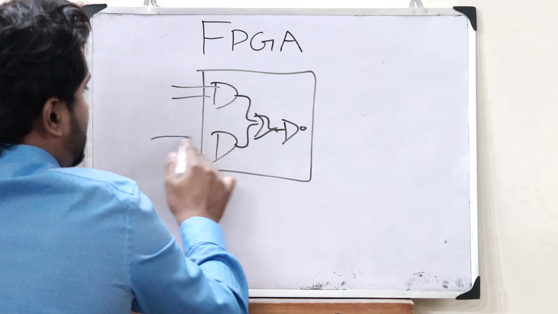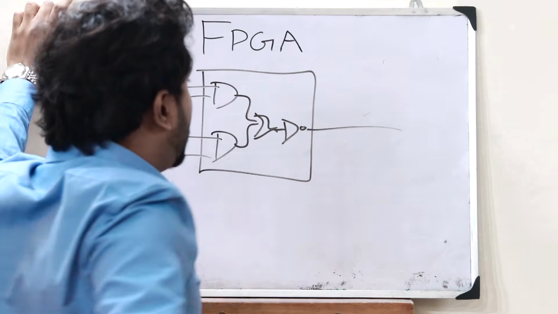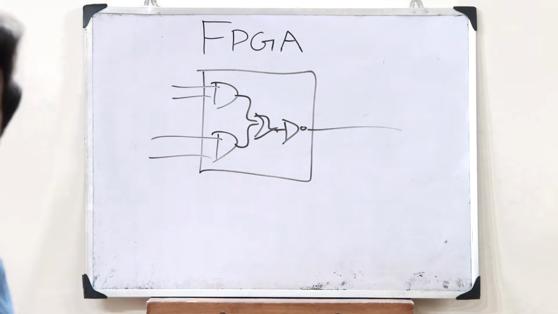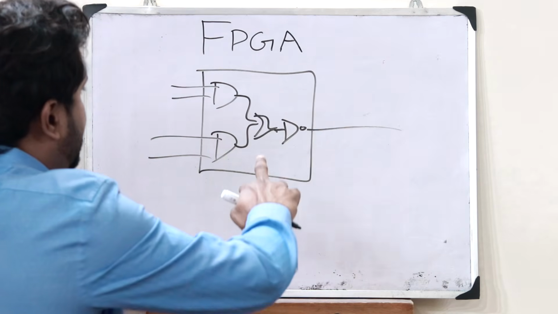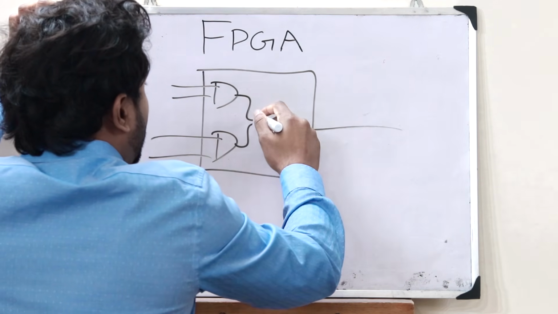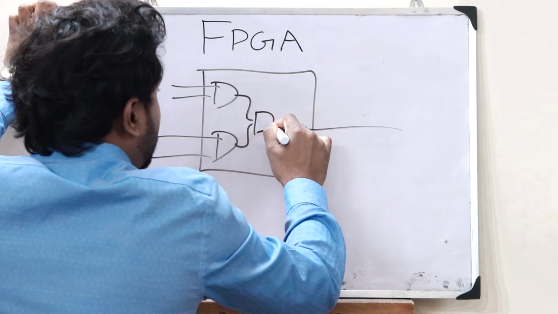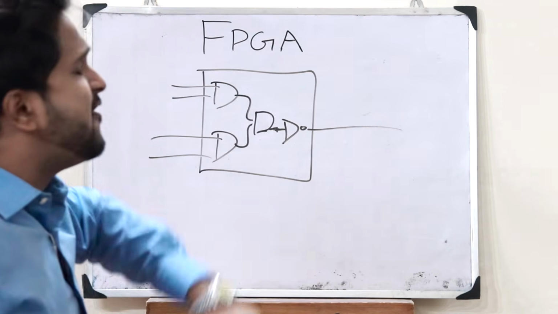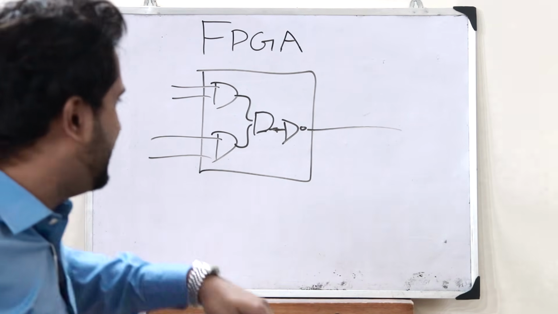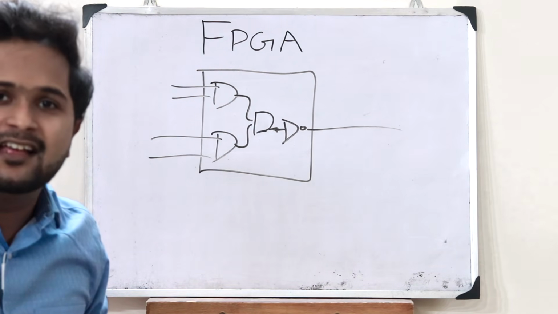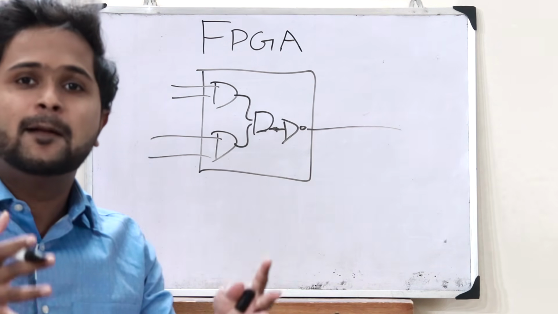So here it will have two inputs, here it will have two inputs, and here it will have one output. So let us imagine that now I want to reconfigure this OR gate to perform the function of an AND gate. So this can be done with the help of FPGA. All we have to do is reprogram this to perform as an AND gate with the help of a hardware